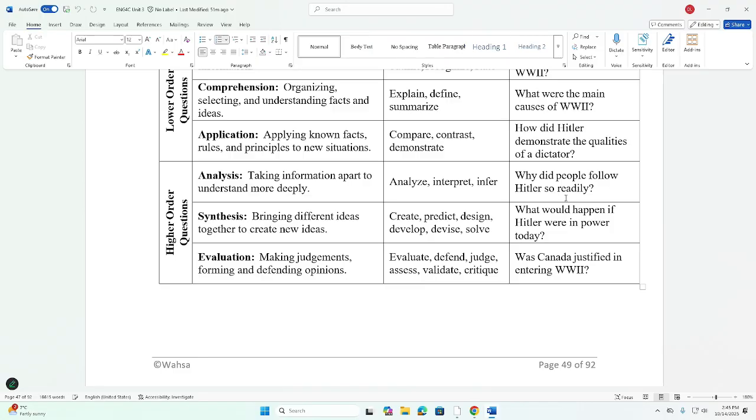Another higher order question is synthesis. That is bringing different ideas together to create new ideas. Create, predict, design, develop, devise, and solve. This is a real difficult one, right? If we're not used to being that creative and applying synthesis to ideas, but it's just like, let's say if